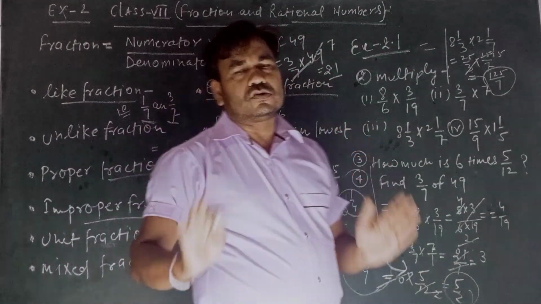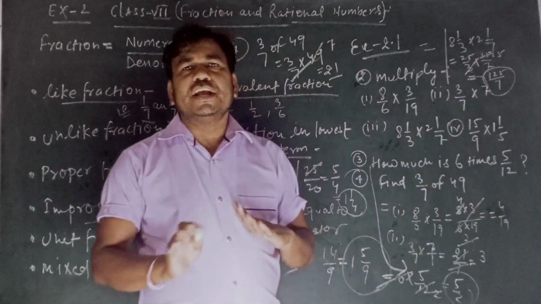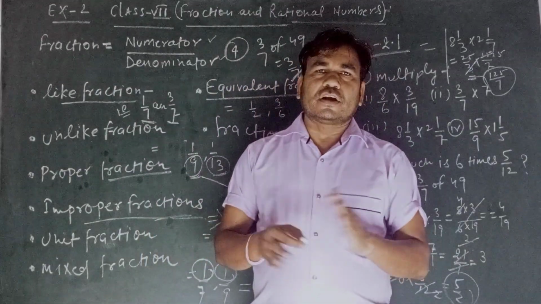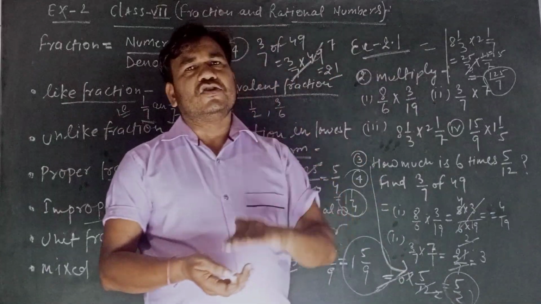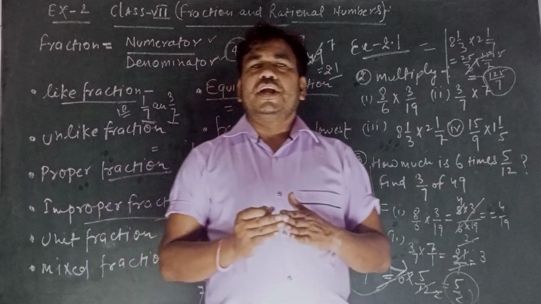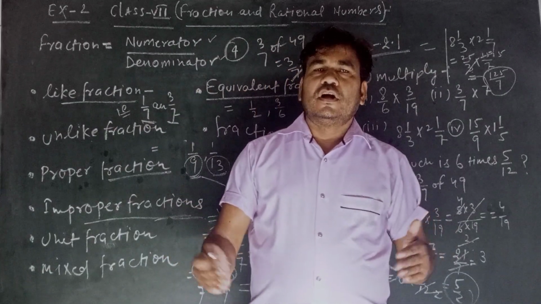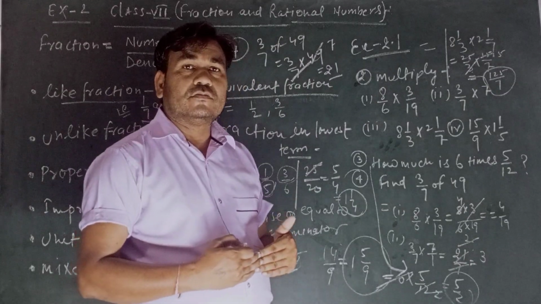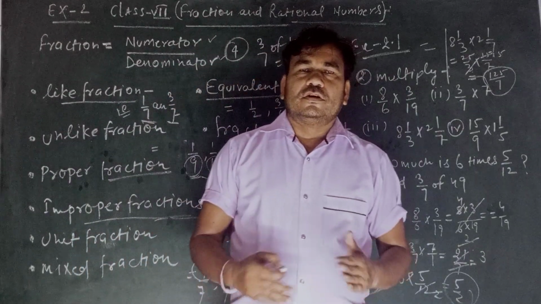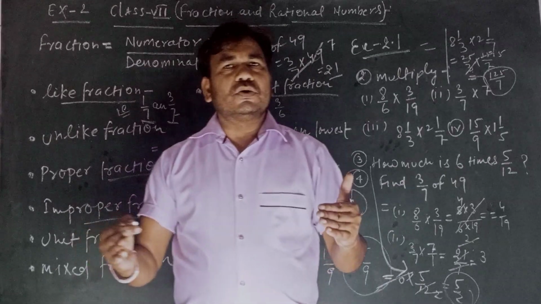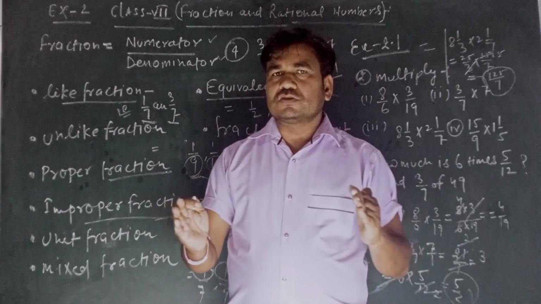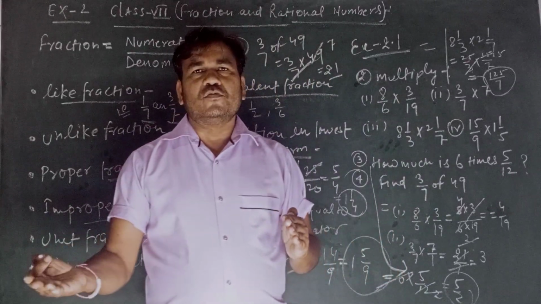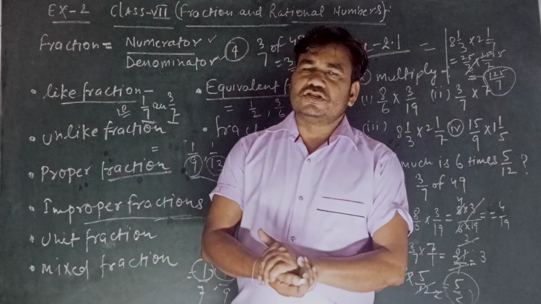So students, you should know, you can make a solution and you can cut in numerator and denominator, not numerator to numerator and denominator to denominator. When you get the mark of equals and the fractions are equal, you can cut numerator to numerator and denominator to denominator. So students, till then